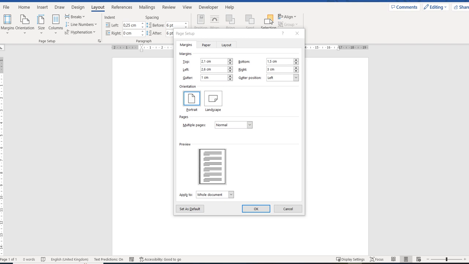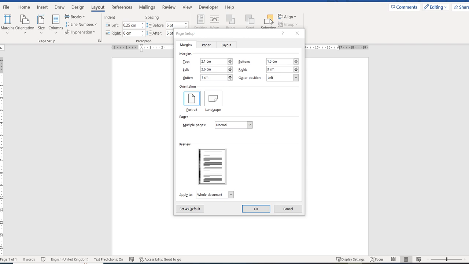That would be then taken up by the binding, whether it's the holes that you punch in the page, or, as I said, if you staple it. So what you don't want is to have a small area, and you can see this darkened area is the area where you would do your stapling or your punching of your holes. So you don't want it to go into the actual margin, because then